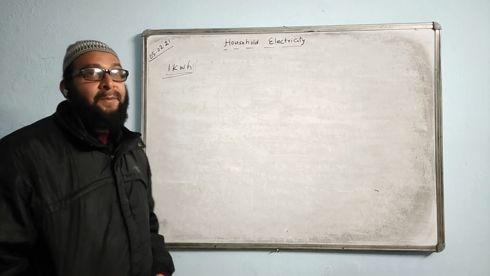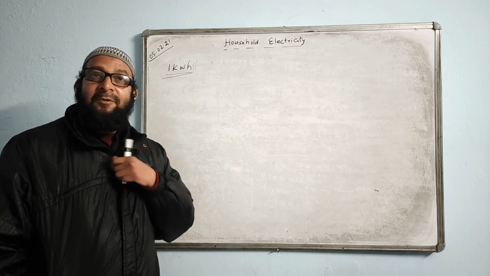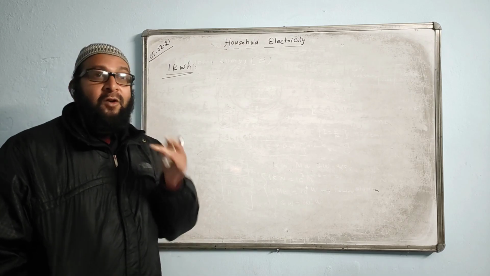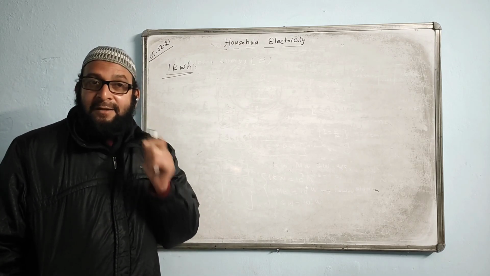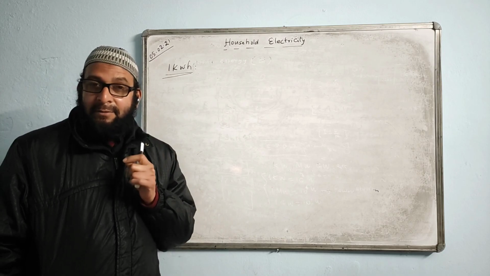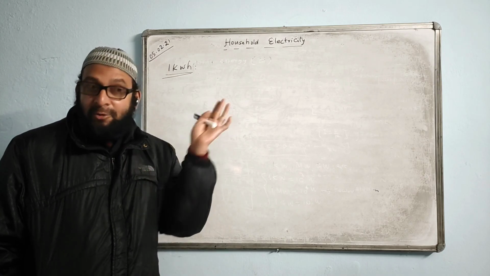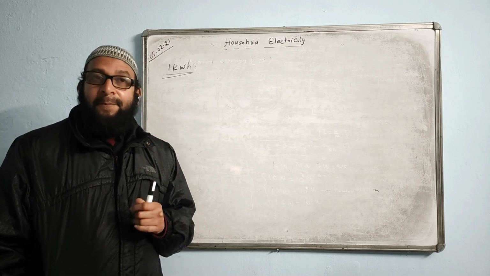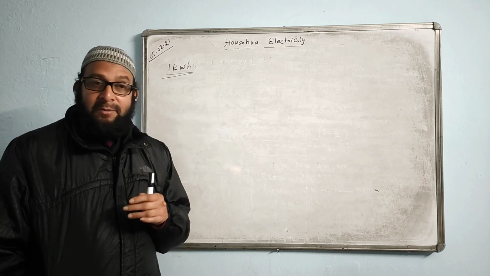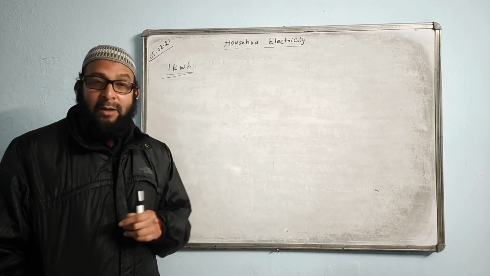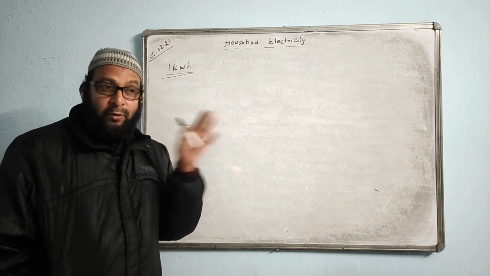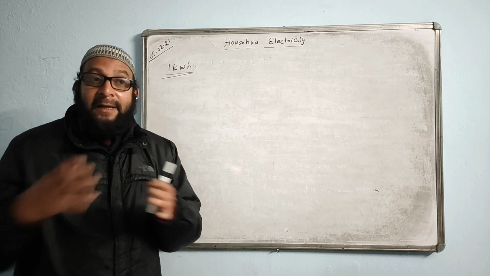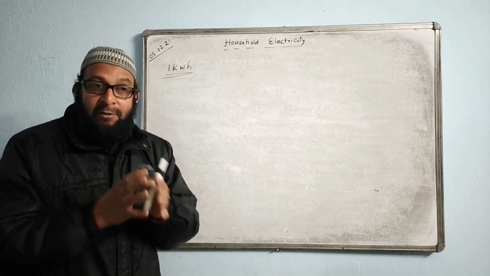I said you people don't carry the sentence, you are not trying to understand. I said the commercial unit of electrical energy is kilowatt hour. Commercial unit. We pay the bill, I told you just 10 minutes back. We pay the bill according to the unit consumption. 1 unit means 1 kilowatt hour. 2 units means 2 kilowatt hours. We consume electrical energy, and for that only we pay the bill.